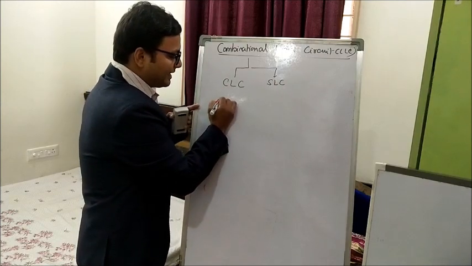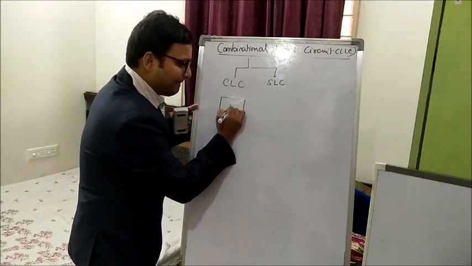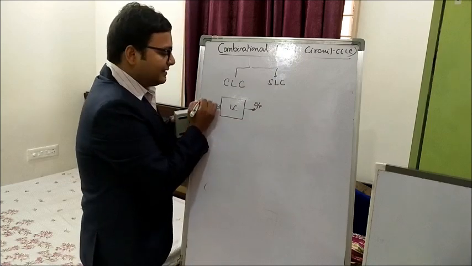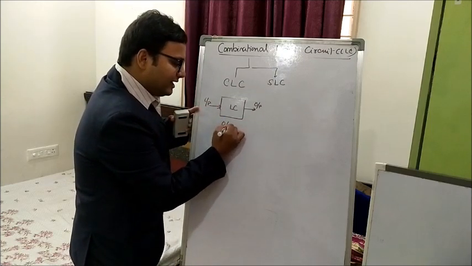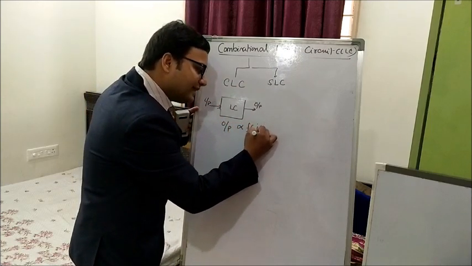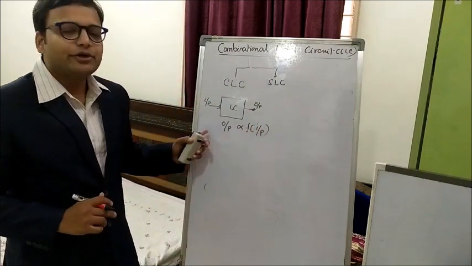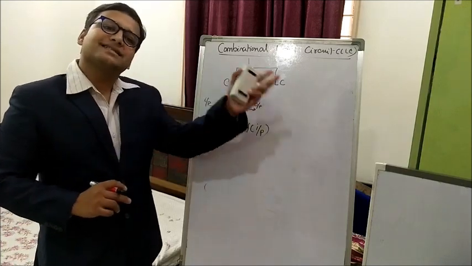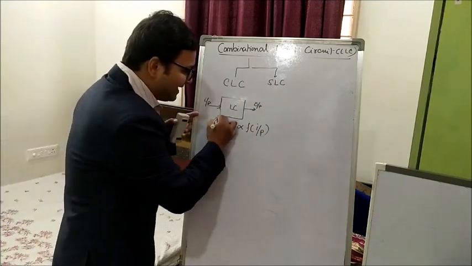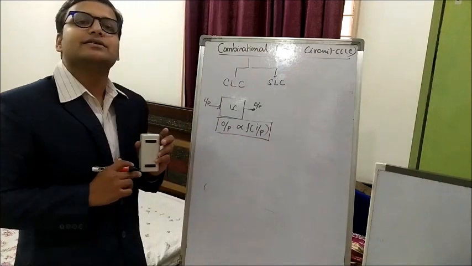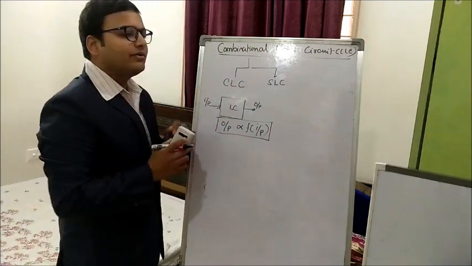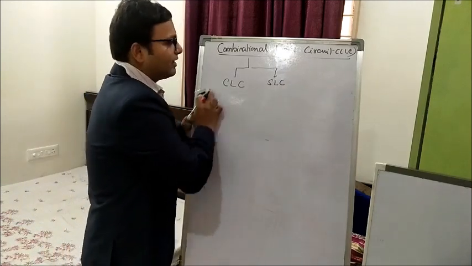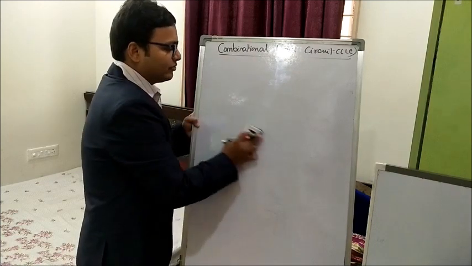So a combinational logic circuit is nothing else than a logic circuit whose output is actually a function of only the present input. It is not going to depend on the past inputs or the past outputs. So this is the basic requirement for a combinational logic circuit. According to that, we are going to design our basic combinational logic circuits. We are going to see a few combinational logic circuits today.